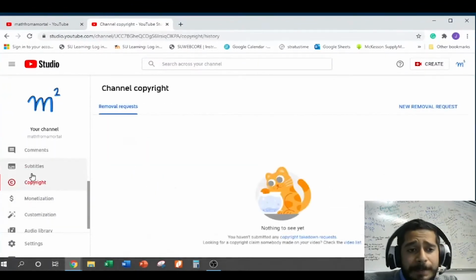This copyright tab is in case somebody else is downloading your videos and uploading them under their own name, right? Of course, all of these videos that you upload are going to be your material. You can go ahead and start a new removal request, and then it's going to walk you through how to deal with that plagiarism and copyright stuff,